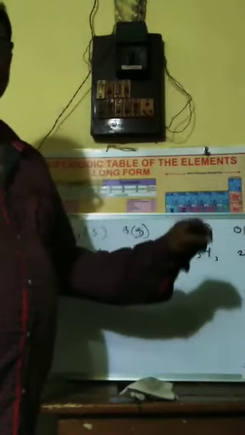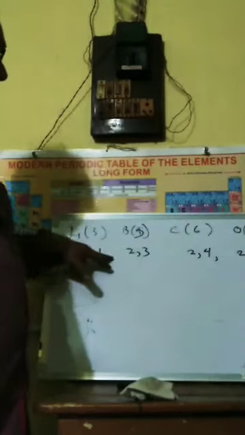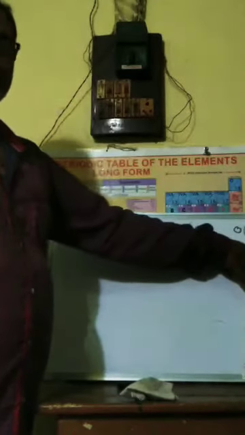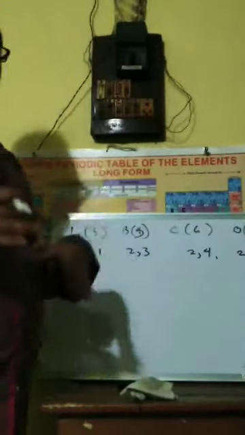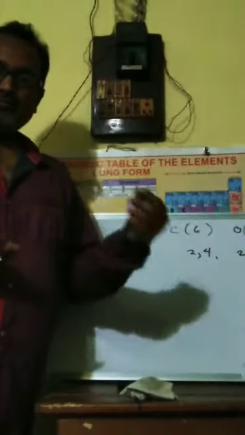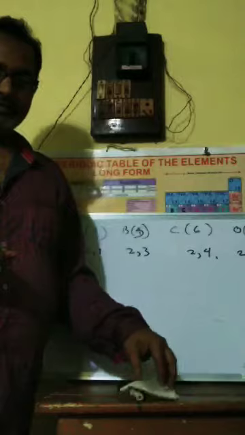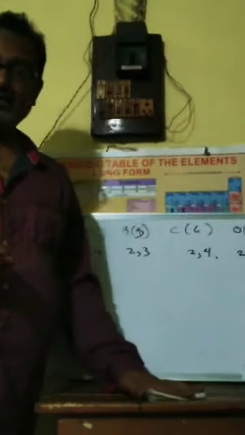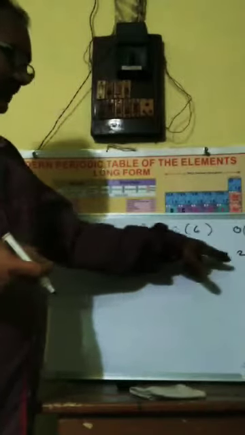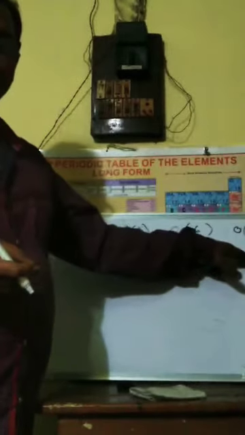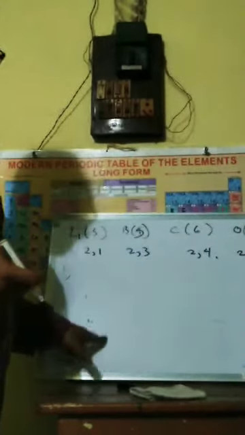That means the electropositivity, or the metallic character, decreases in the period. Similarly, the reverse is the order with the non-metallic character, or electronegativity. Electronegativity, for the same reason, since they gain electrons, increases in the period and decreases down the group.